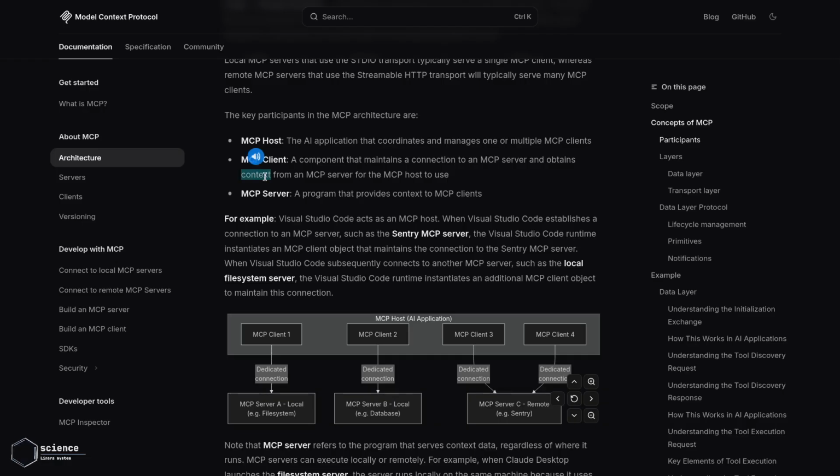I think context means when we send a prompt to an AI agent like ChatGPT,